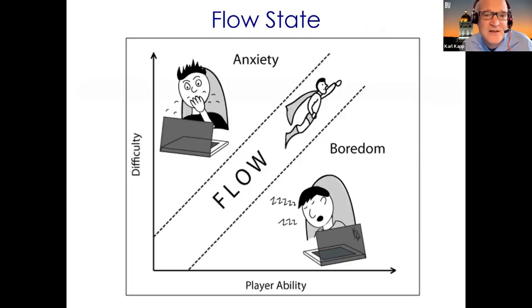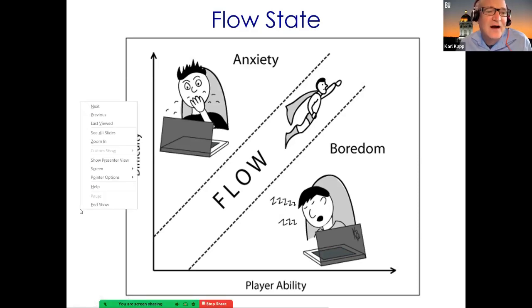One of these is a gentleman named Mihaly Csikszentmihalyi, who discovered this sense of flow, right? Being in a flow state, which is highly motivational. Basic flow is when you're so involved in an activity that you lose all track of time. And it's at the optimal level between anxiety and boredom. And I always like to give this particular example.